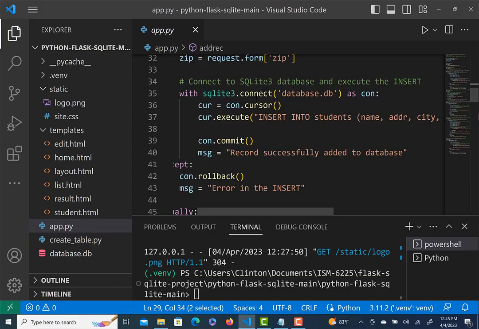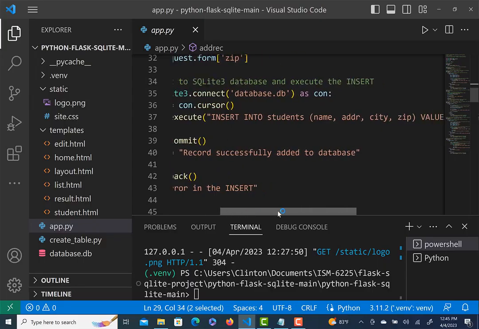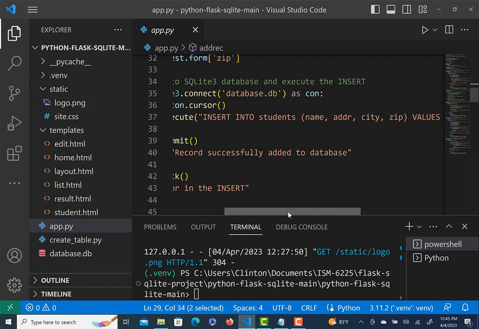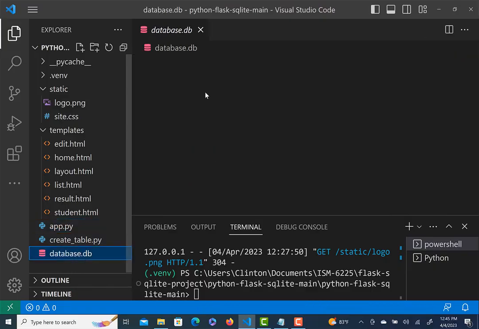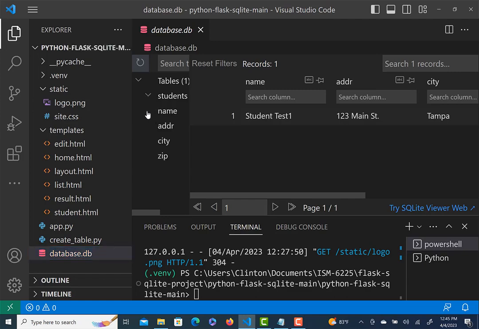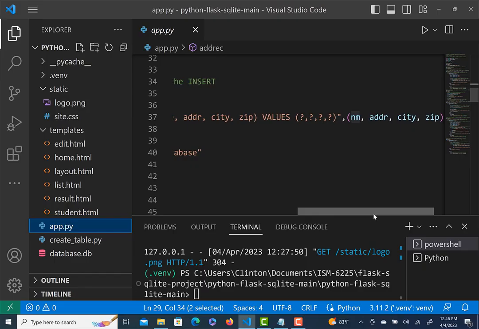We create a cursor object, and we can execute an insert SQL statement. So we just see standard SQL INSERT INTO, and then name, addr, city, and zip. If we look at our database, those are the fields right here, name, addr, city, and zip, that are in our students table. So we're going to insert into the students table the columns, the fields, VALUES, and then we have this